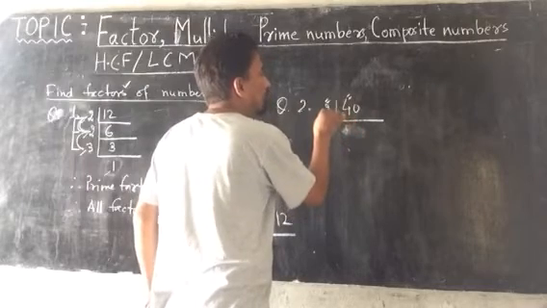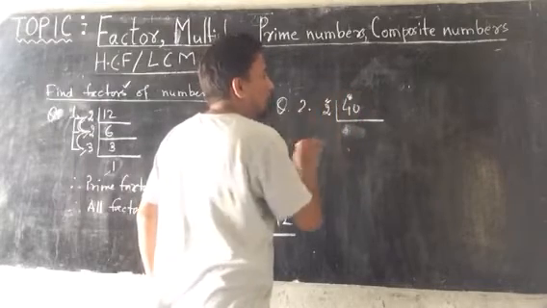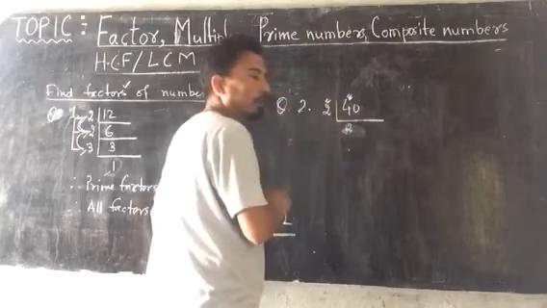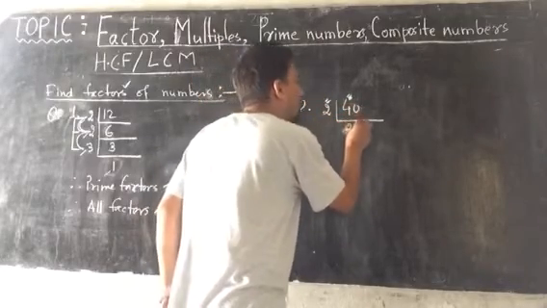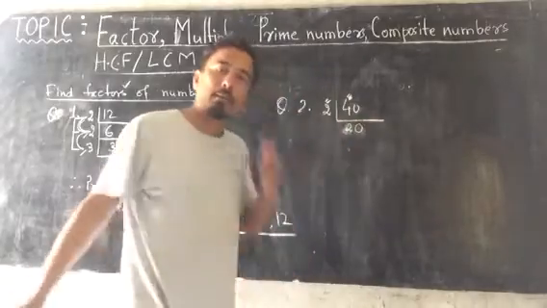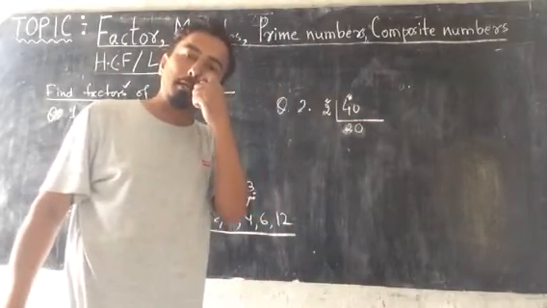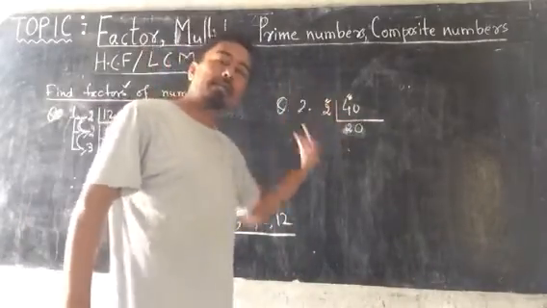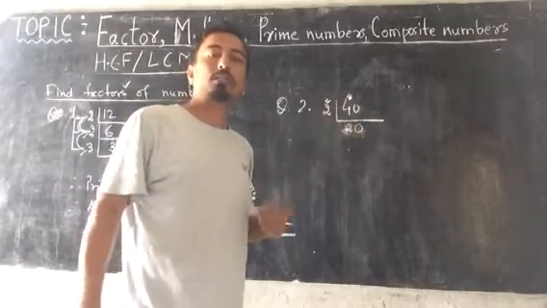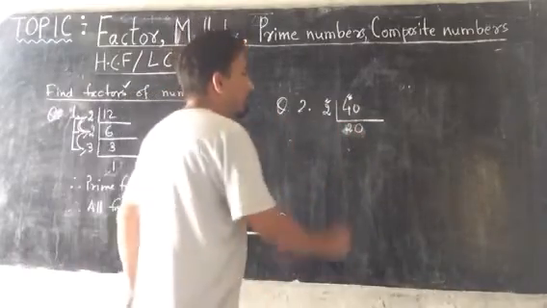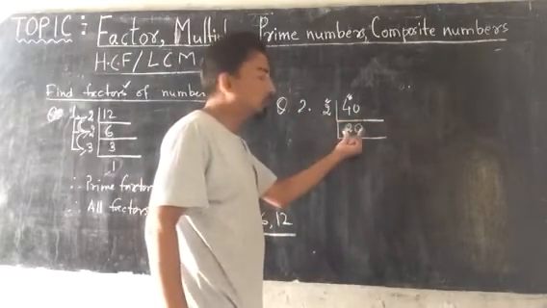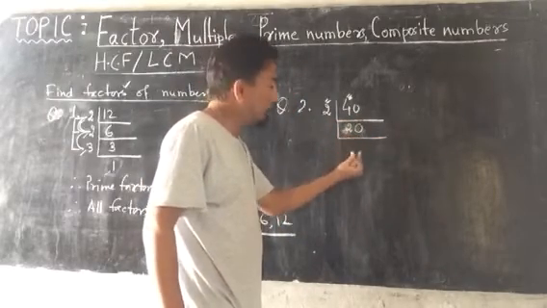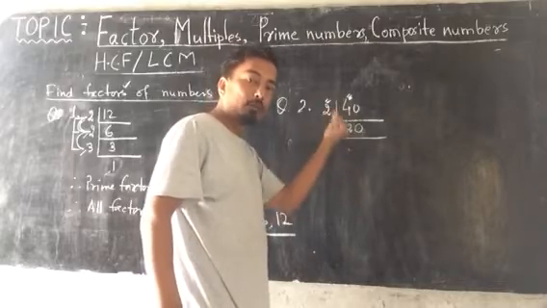I will show you the step. By 2 you divide 4. How many times? 2 2s are 4. And if you divide 0 by any number, the answer always comes 0. Okay? Now it becomes 20. Again 20 should be divisible. It's not a prime number. Unless you get 1 at the last, keep on dividing.